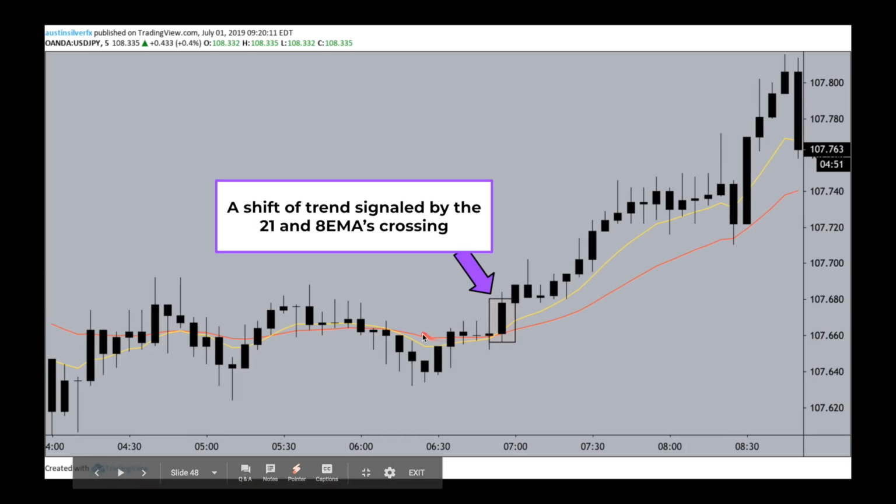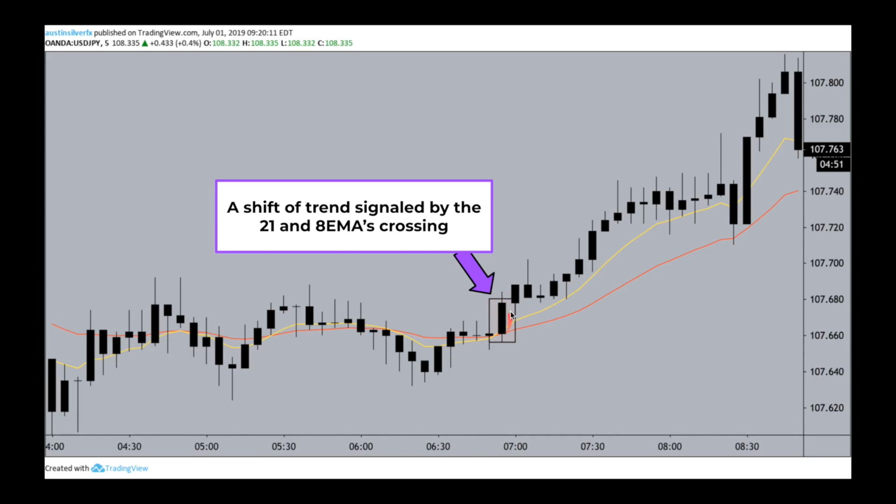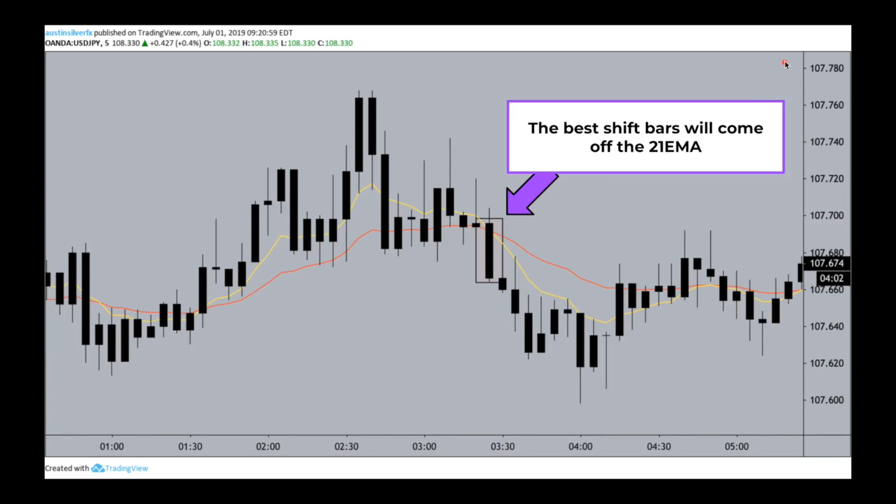So here you can see before the shift candle up, which is signaled by this strong bar compared to the previous bars, the red 21 EMA was on top of the 8 yellow EMA, which means we were actually in a short-term downshift here. But because we get a strong push off the 21, it pulls the 8 EMA through, and that signals to us that we're going to look to be long biased if that matches up with other confirmations of trend. But here, in this example, the shift candle shifts up, the body is off the 21, and look how all day it continues higher from there.